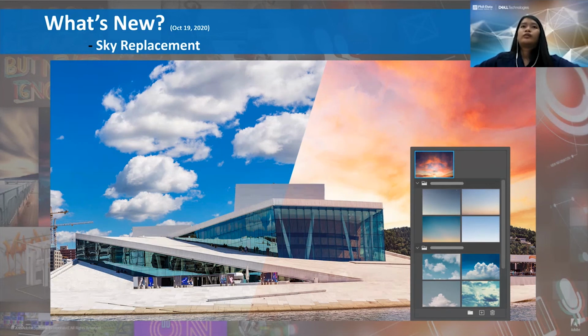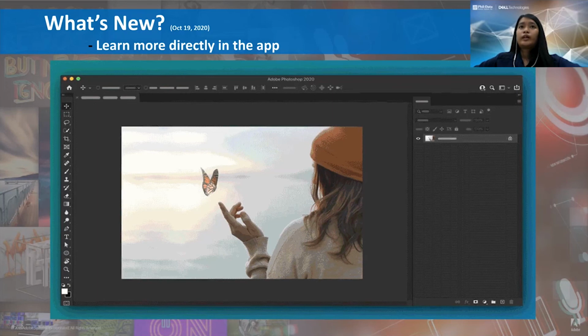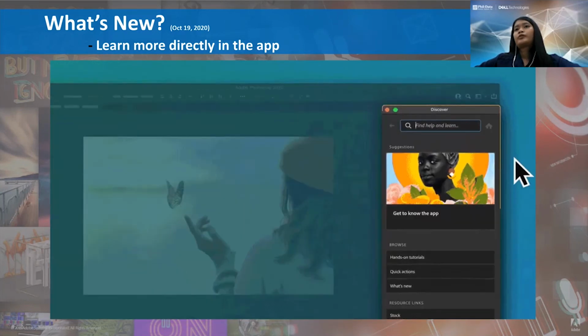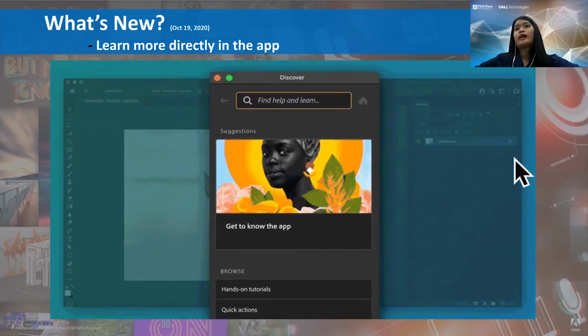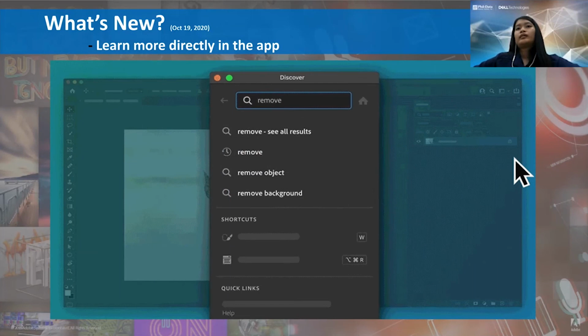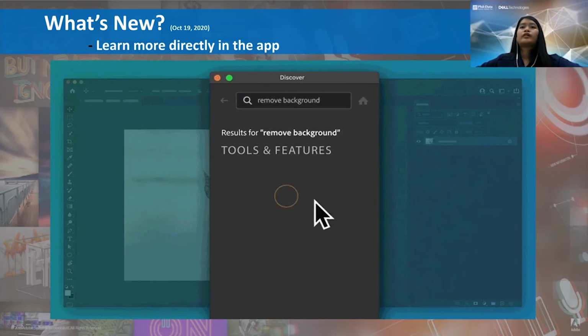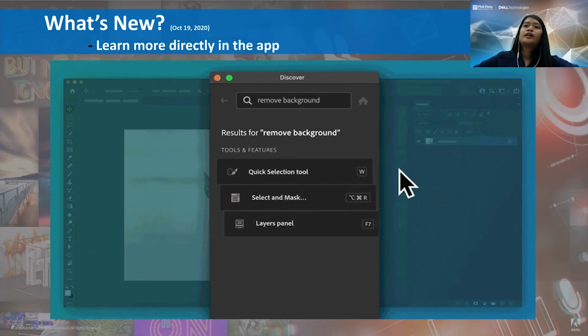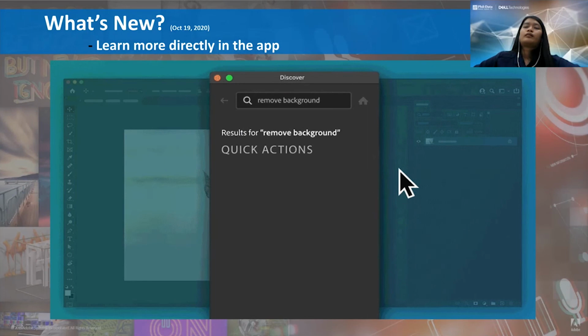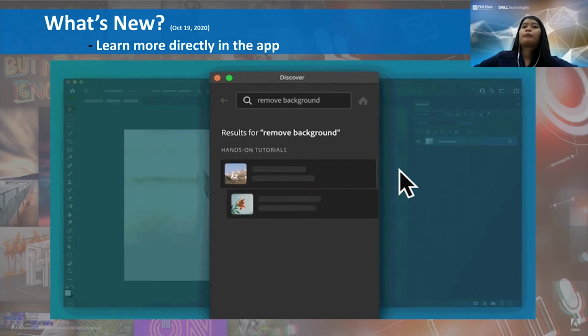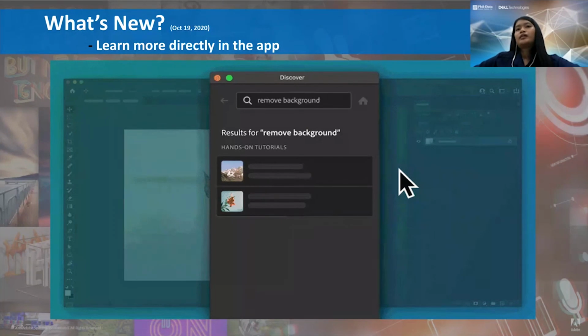So let's move on to: we can now learn more directly in the app. Before, the Discover panel is where we could watch tutorials for the commands that we want. It would prompt a tutorial video. But for this one, it is already in-app and we have quick action tools that help us achieve the edit we want.